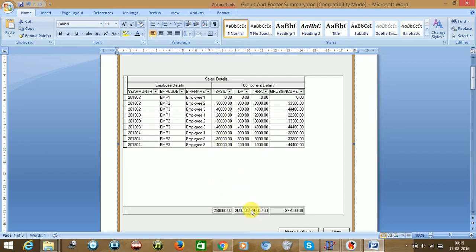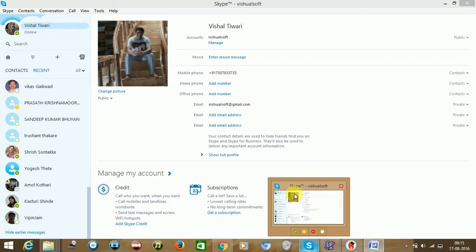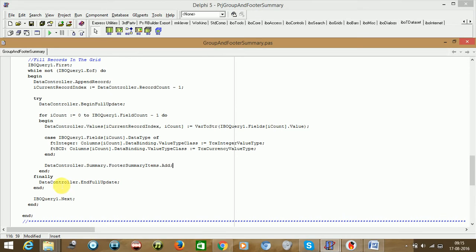Specification we'll be doing later, but if you are not specifying that one, you could not see it here. So we need to link that one. Now the footer summary we have added here.